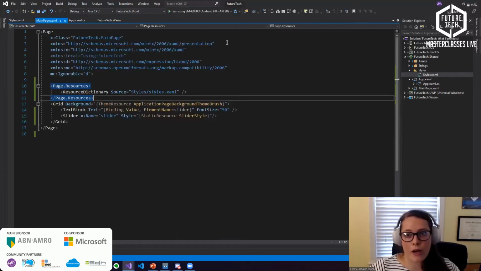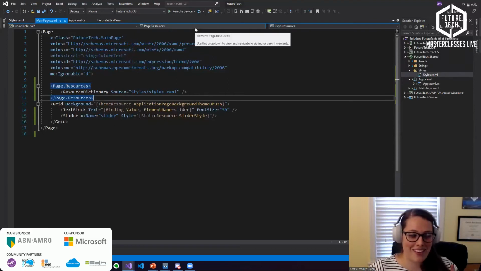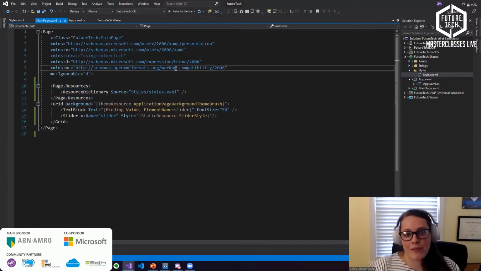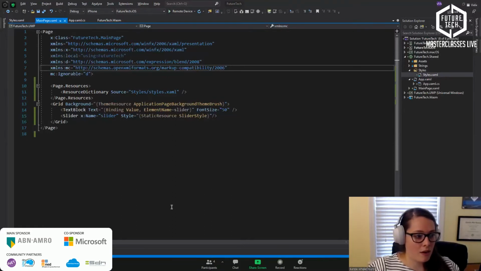You can also run iOS on Visual Studio. However, I tried to run it before this talk, and I think there's a mismatch between my Xcode versions, but the simulator isn't popping up for me, which is part of live coding, but that is something that you usually are able to do. I would just need to work through it a little bit. All right, awesome. Let's hop back into our presentation.